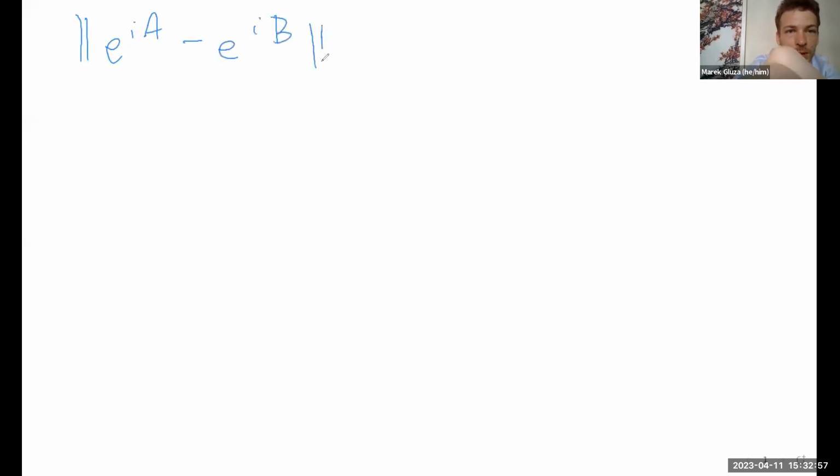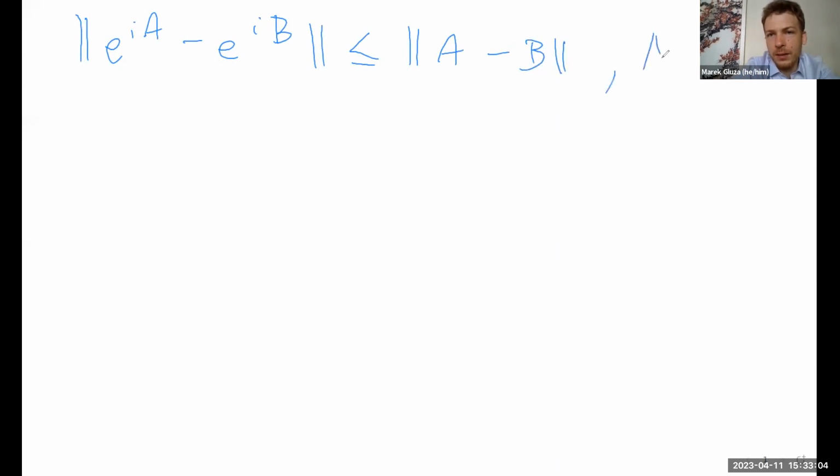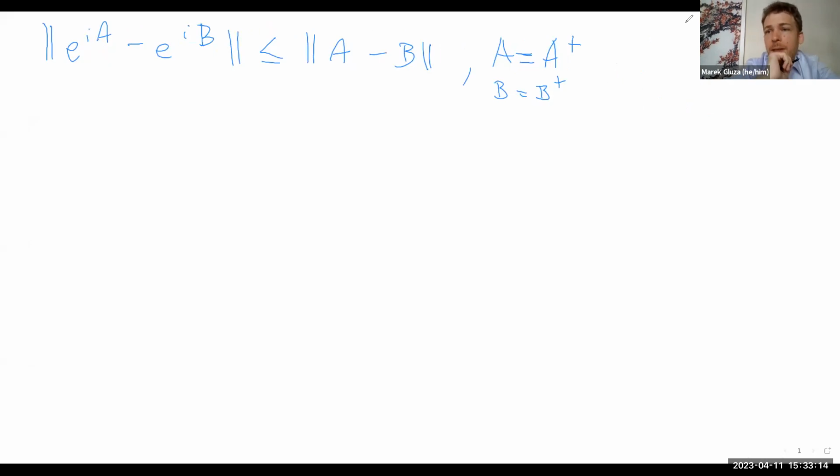Okay. So in the last session, I was showing how to get the bound on unitary operators. Here A and B would be Hermitian generators, and we got this perturbation bound. And A equals A dagger, B equals B dagger. Okay. Today we will be looking at Trotterization, and there we will be looking at the bound of the type